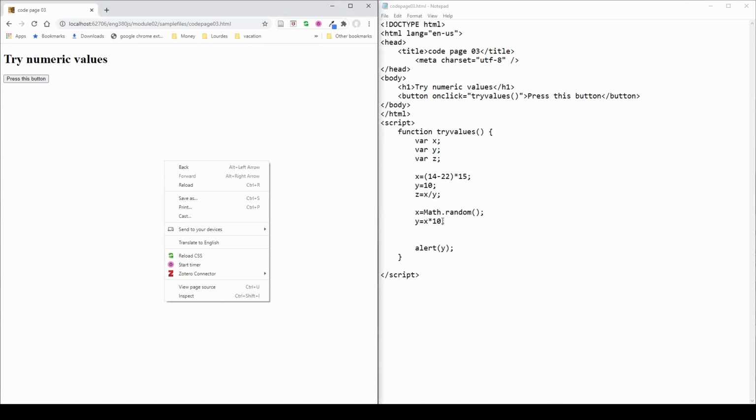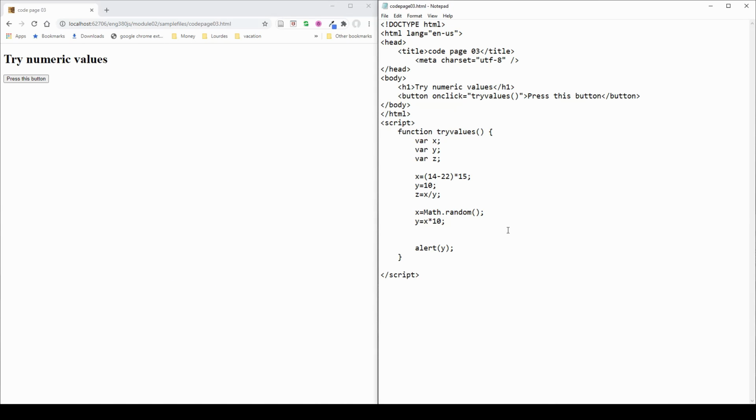So let's go ahead and test that and see what kind of values we're getting. All right, so that one is 3 something, 3 something a little bit less. That one would be 1 essentially. 2 something, right? So we are getting our random numbers, and they're coming between 0 and 10,